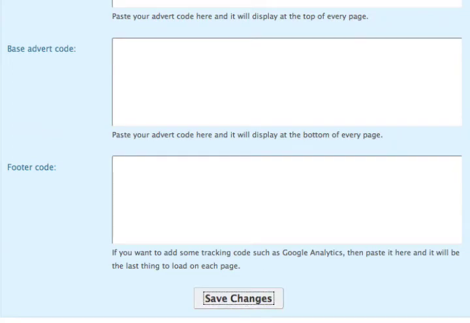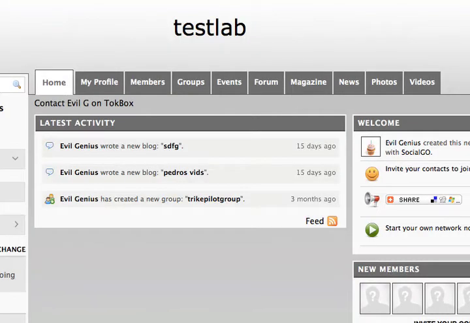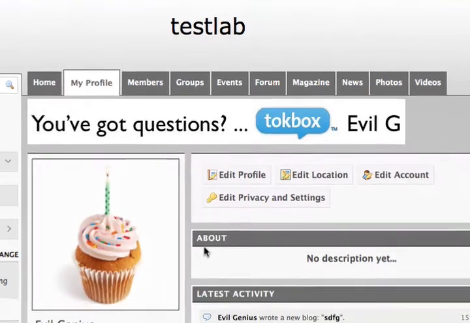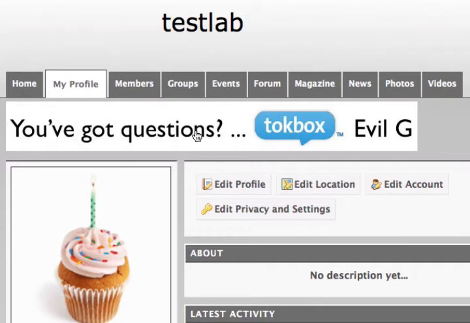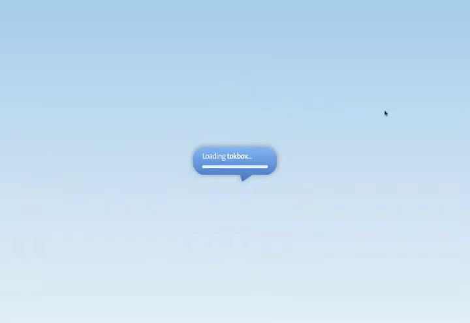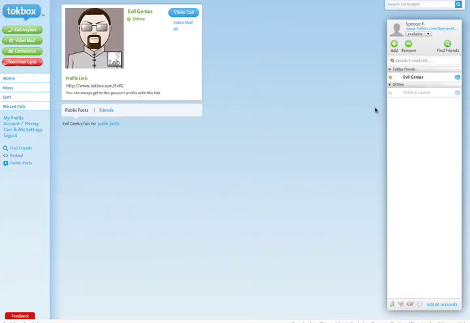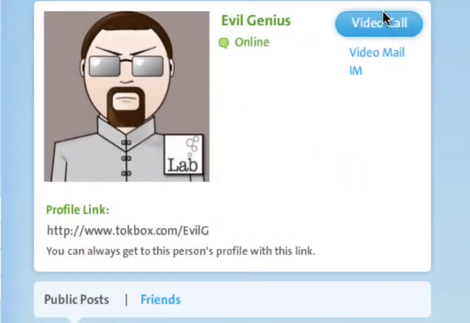Click on Save. And now let's reload our main page. Cool thing here is, once it reloads, we've got a nice little banner. Best part is that no matter which page we're on, it shows pretty prominently. If anybody wants to reach me, they can now click on this banner and it takes them to a new window that opens up my TokBox profile page. This is where the magic begins. At this point, they can communicate with me via a video conference, a voice or video mail, or an instant